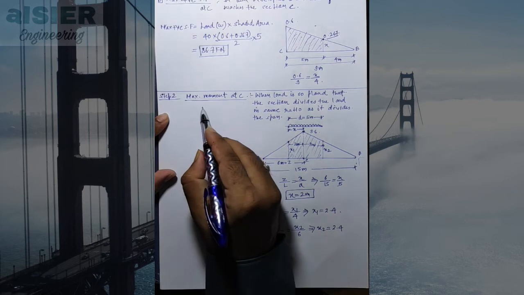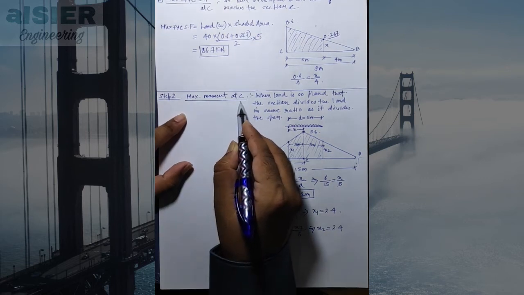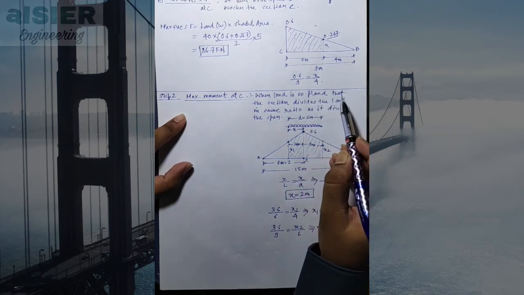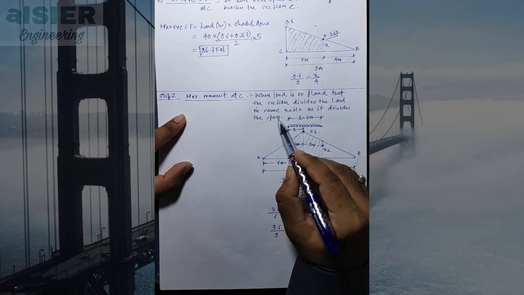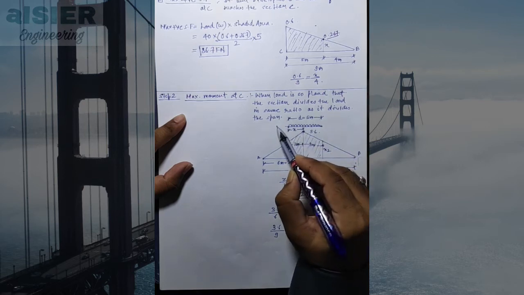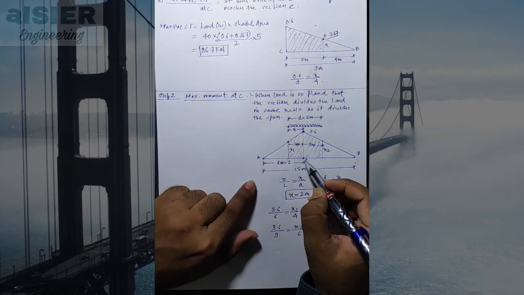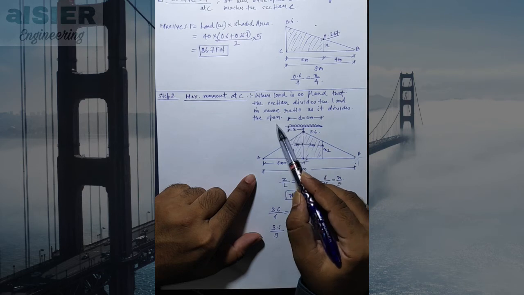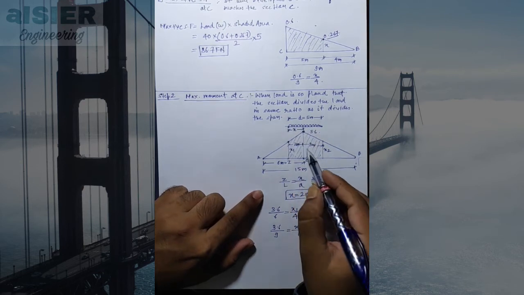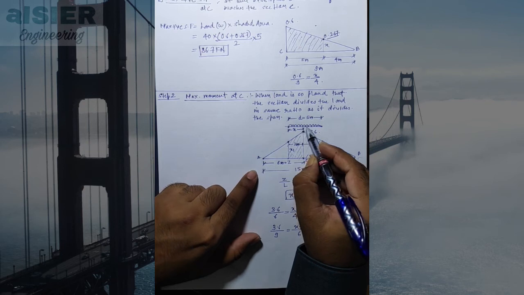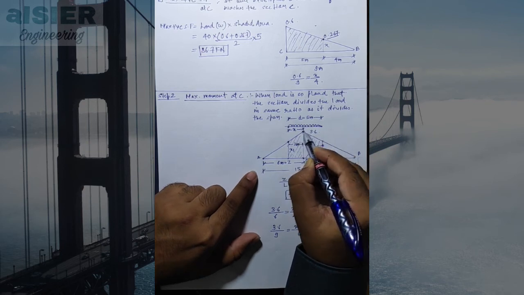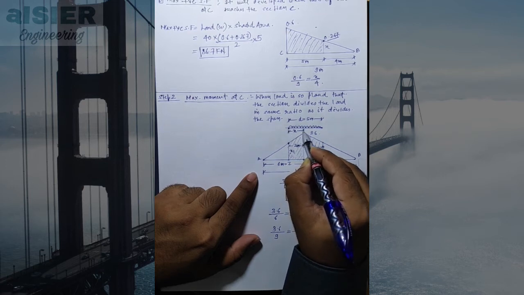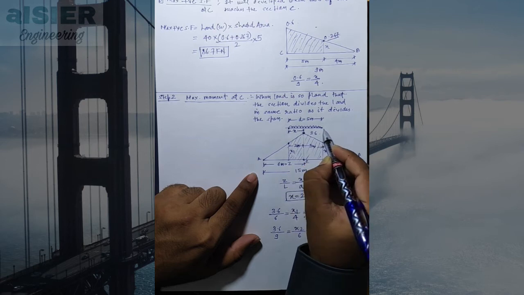Now the next step is to calculate the maximum moment at C. When will the maximum moment occur at C? When the load is so placed that the section divides the load in the same ratio as it divides the span. So it is required that the section must divide the load in the same ratio as it divides the span. To calculate this, we will consider that the load is at such a distance that it is x from this starting point, from the tail. So this distance is x, and this total distance is 5.